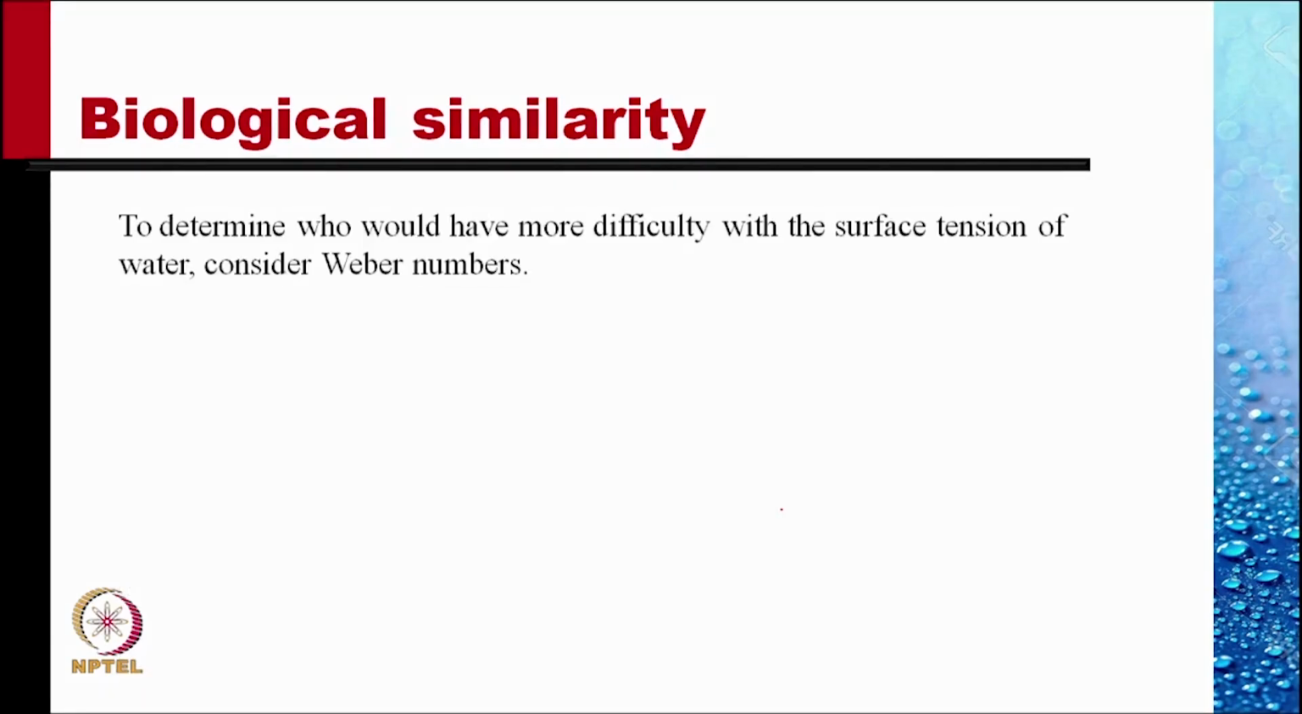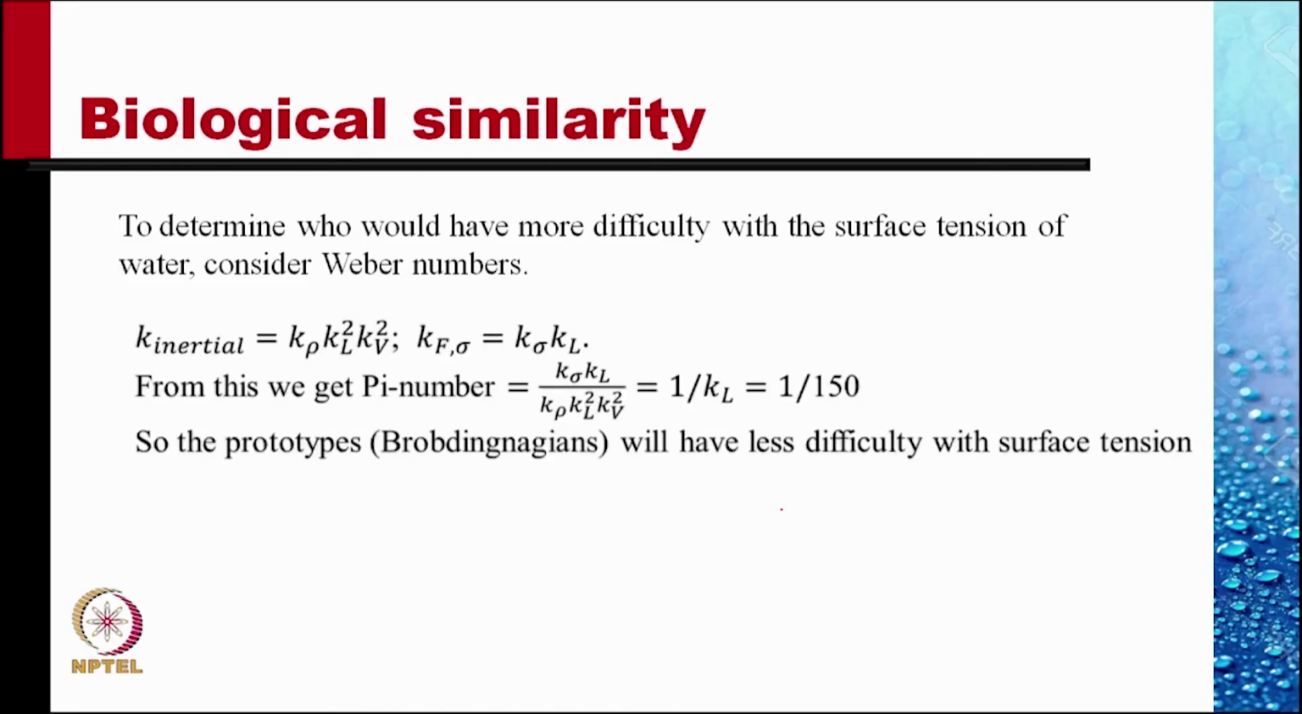To determine who would have more difficulty with the surface tension of water, consider the Weber number. Weber number gives the relation between the inertial forces and the surface tension forces. K inertial, we have established a number of times, is equal to K rho times KL square into KV square. And the surface tension force, K sigma times KL, because surface tension force is sigma times the length. From this we get the pi number,